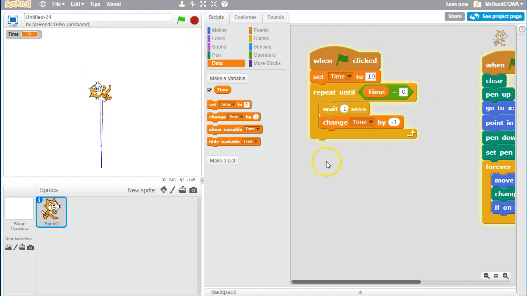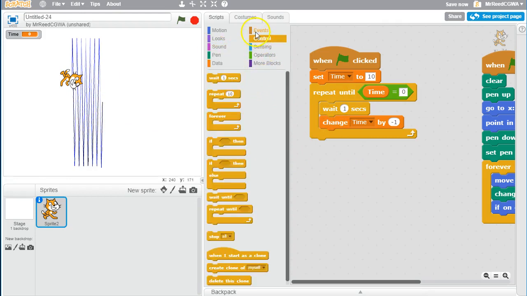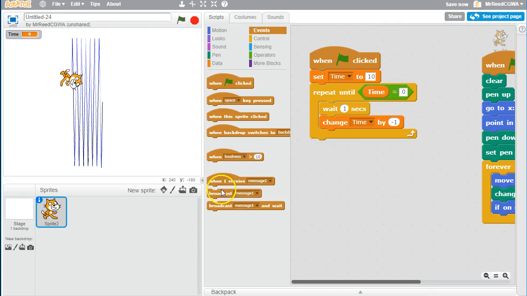And now watch this. 9, 8, 7, 6, 5, 4, 3, 2, 1. And it stopped counting down. Very nice. Now, you want something to happen there at the end. I don't know exactly what you want to happen. One of the coolest things to do would be, after you've repeated this as many times as you want, once it's done, you're going to come here and you might say,